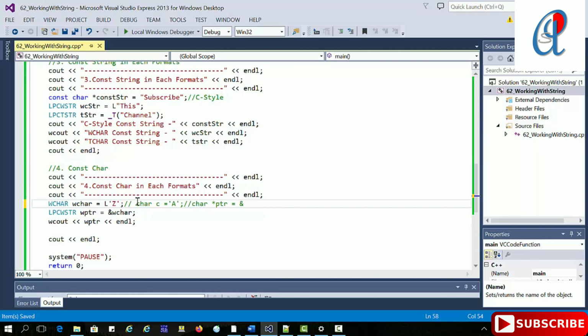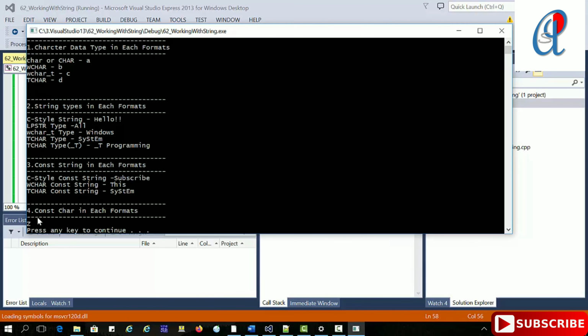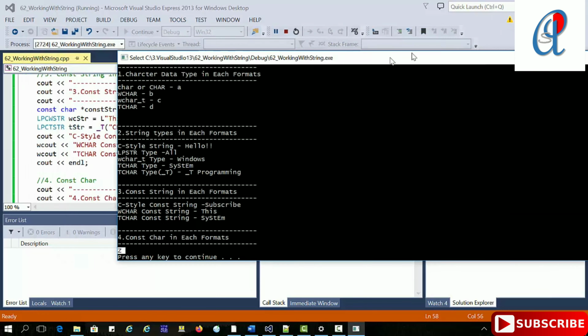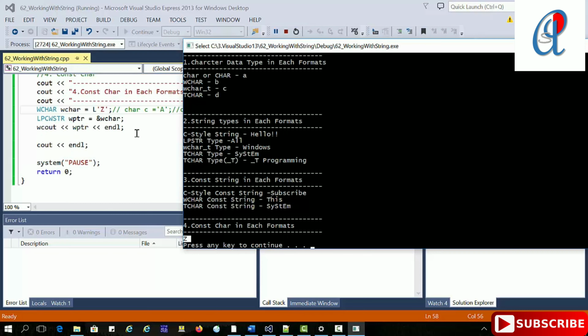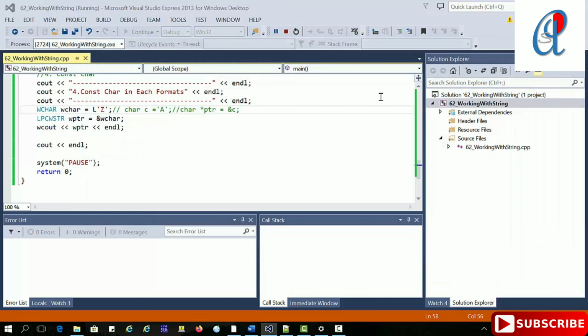Now I can assign the address of C, as we do in C. In the same way I'm writing it in byte char also. This one is the constant pointer, right? Build it. See here the display is Z, which we have already stored in Z.